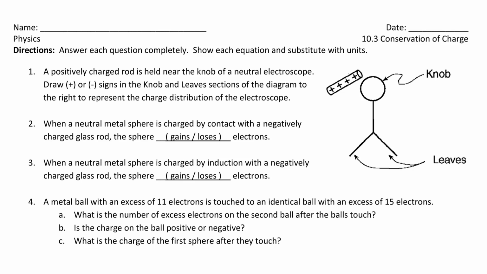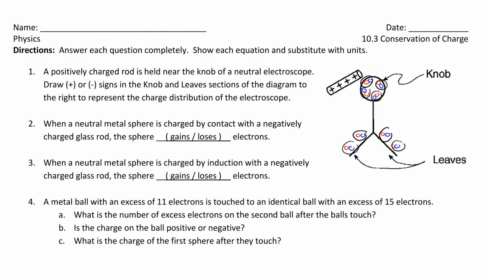Since it's neutral, we want to make sure we draw the same number of positive and negative signs. And we just have to think about where the negative electrons would be going and where the positive protons wind up. I mean, the protons don't really move around, right? So let's draw some neutral atoms. A neutral atom has the same number of protons as electrons, so I just drew a simplified version of an atom. I have one proton and one electron here. So I have 1, 2, 3, 4 neutral atoms shown in the knob, and 1, 2, 3, 4 neutral atoms